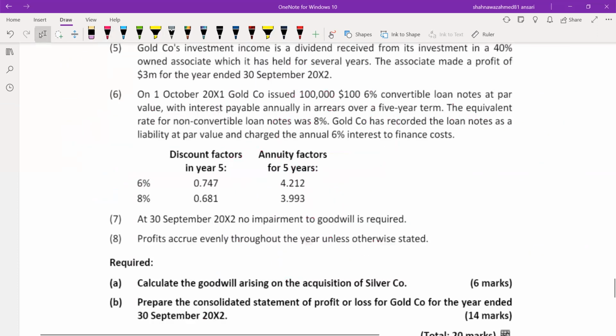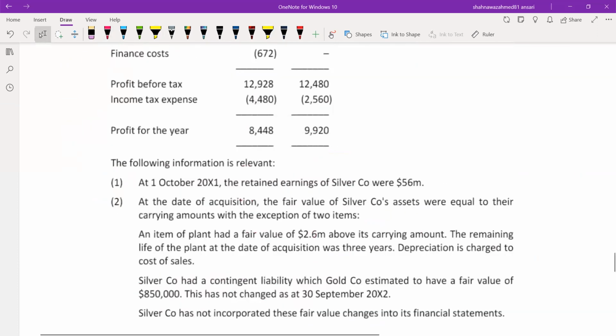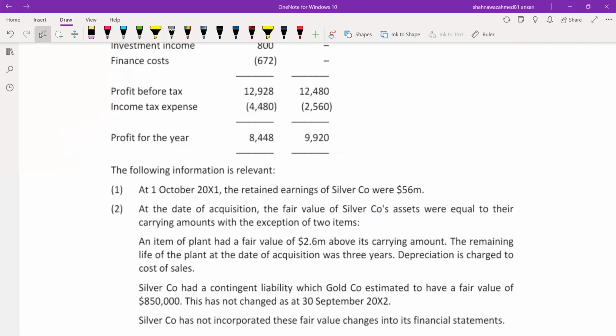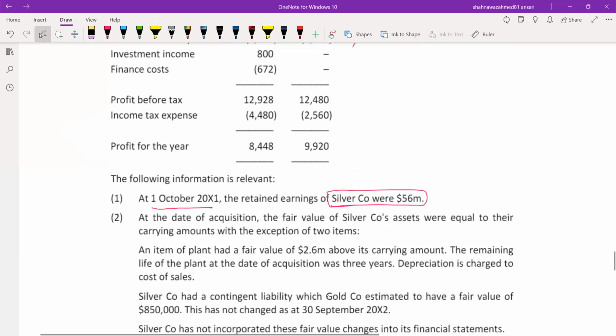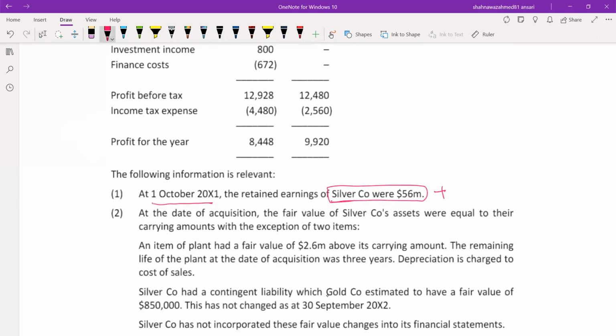Now we have to identify net assets. In order to calculate net assets at 1st October, the retained earnings of Silver was 56 million, retained earnings at acquisition at 1st October. Now we have acquired on 1st January, so I have to add October, November, December, 3 months profit of